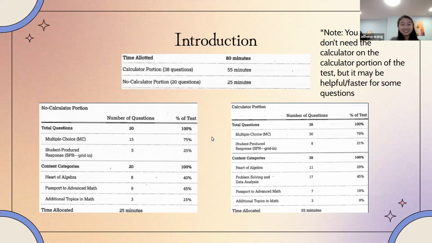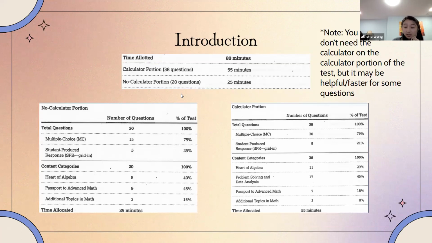Okay, I will just continue from where I left off. So, the SAT has a calculator section and a no calculator section, and now I'm going over the basics of each section. Okay, so the no calculator portion, there are 20 questions, and 15 of them are multiple choice,